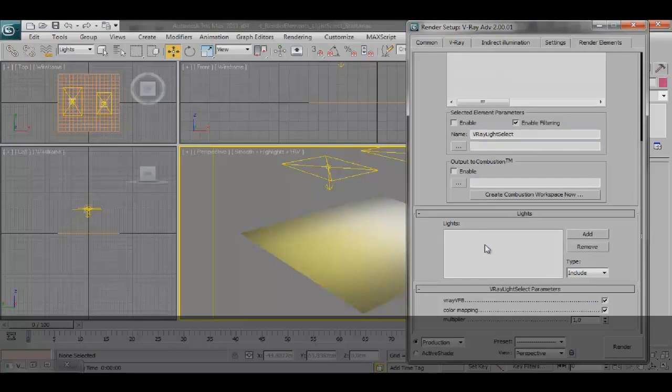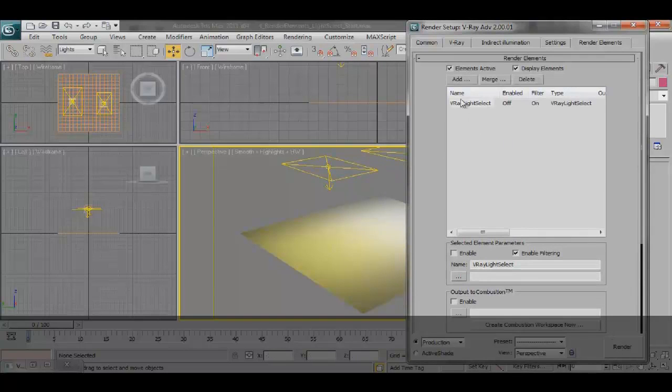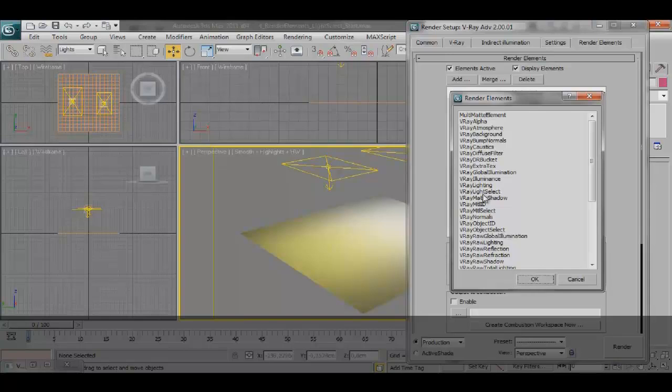The only thing you need to do here is to add the lights you want to either include or exclude from that render pass to the render element. So I'll add the V-Ray light 1 to this element,